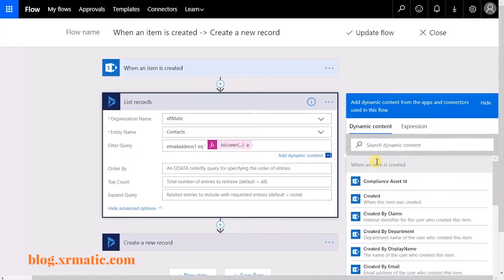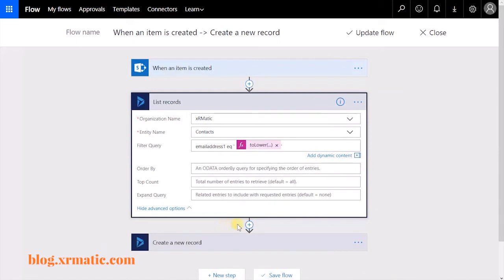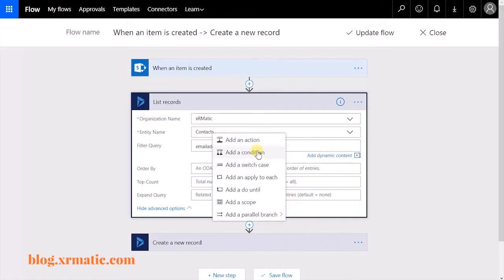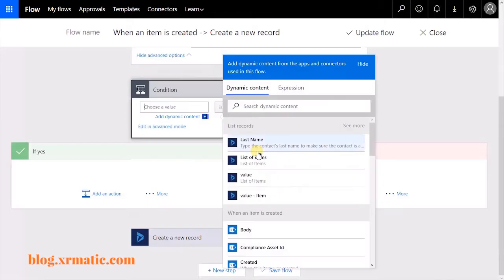Now we need to add a condition underneath the list records. So click on the plus sign and then select Add a Condition. In the condition value, if you click there, you first want to select value, this list of items. In the condition value, let's choose to write an expression,